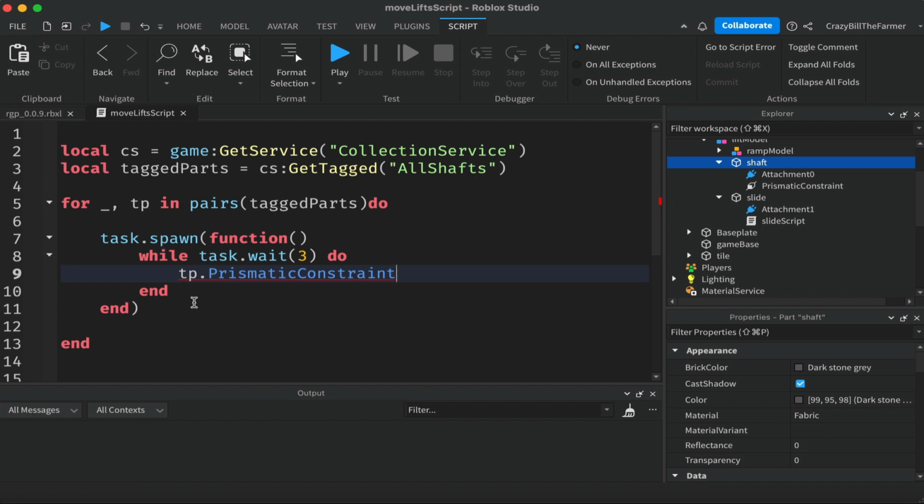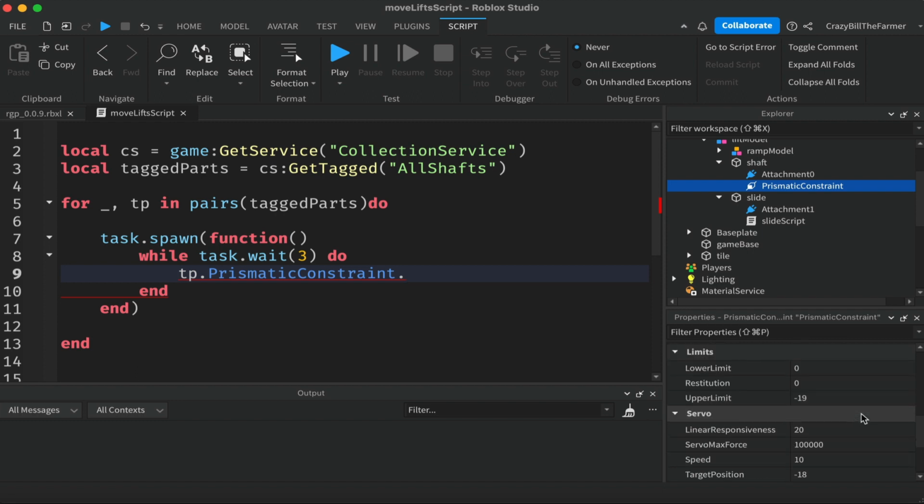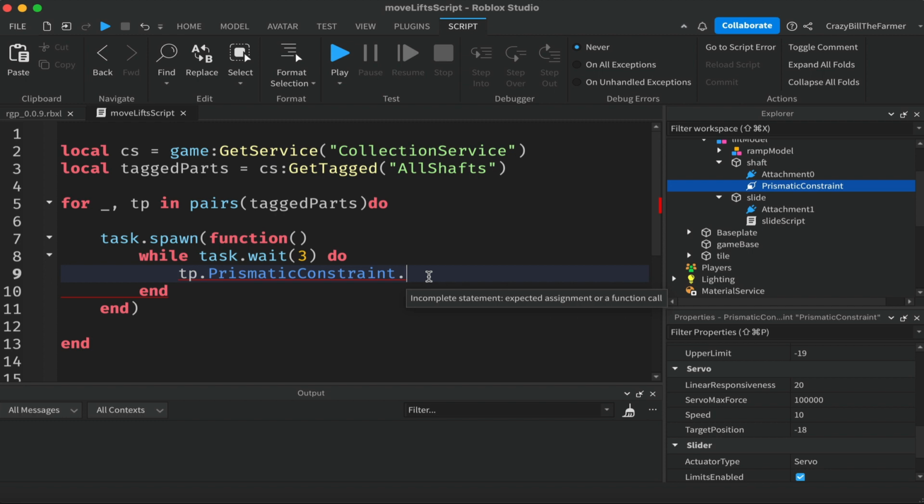It'll only exist when it runs. So make sure you get the name of this correct when you type it in, or it will cause you problems. And then dot, and the thing that we're after, if you scroll down to TargetPosition, this is the one we want to change here. So TargetPosition